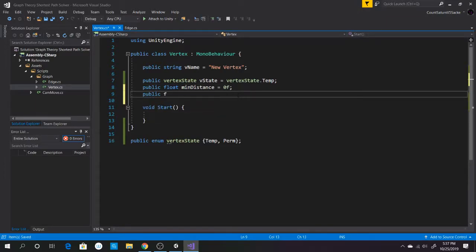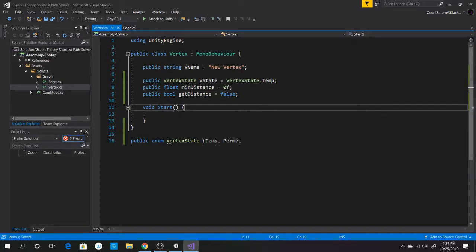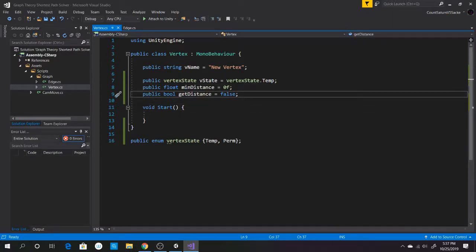However, I might also need to make a boolean here. This one will be getDistance, by default set to false. And yeah, so with that,